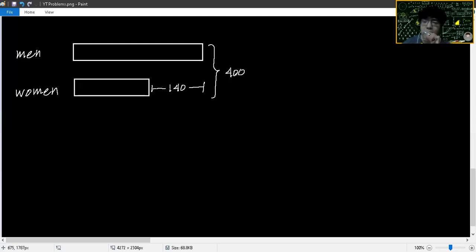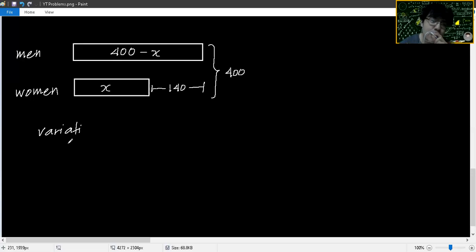What if you represent the number of women as x? How about the number of men? If you use the number 400 for comparing to the number of women, we may represent the number of men as 400 minus x. A group of people without women is men. That's why 400 minus x. Now, you may use this variation 3